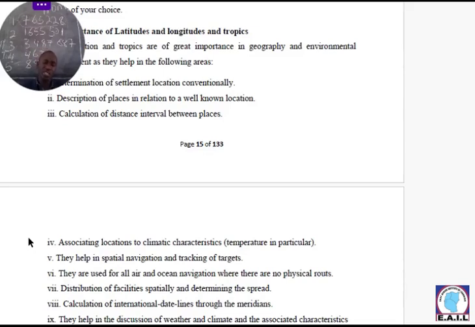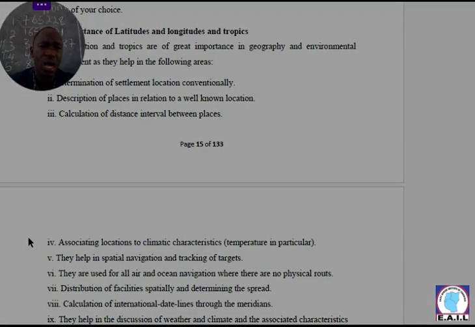When you read the latitudes and longitudes, you can clearly tell that there is a feature located within that area, in terms of figures like the degrees. When you are told to identify the location of a given place using the degrees, then you read off the degrees. You may be told to locate by the use of the graph and locate. It may be